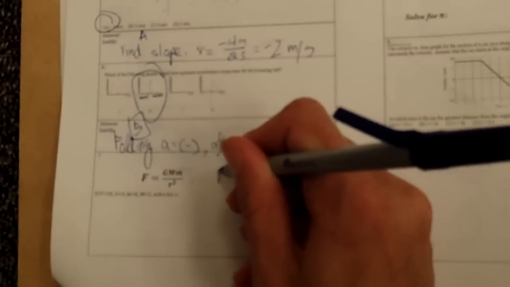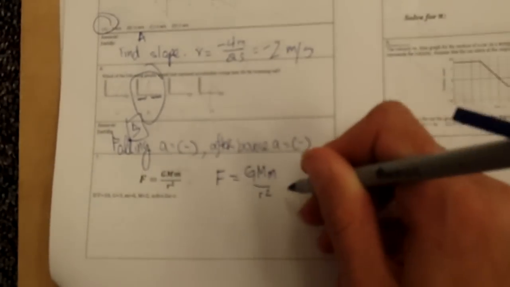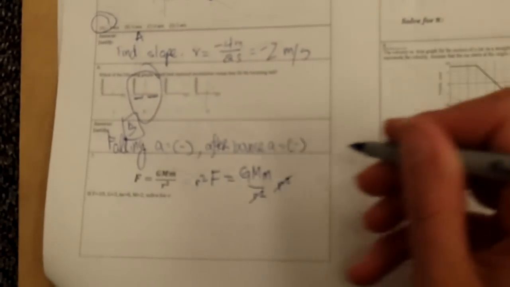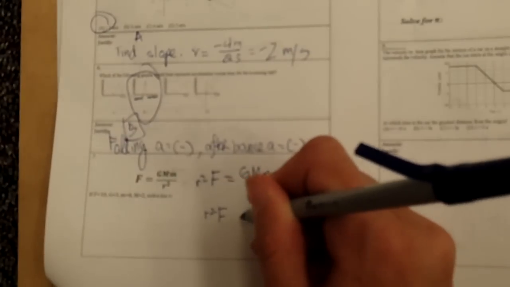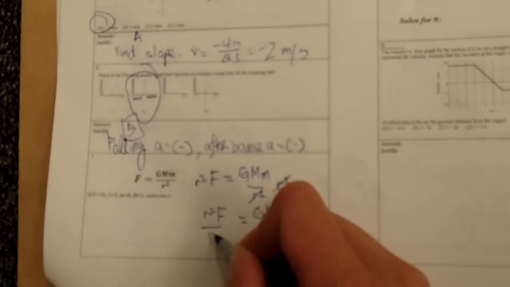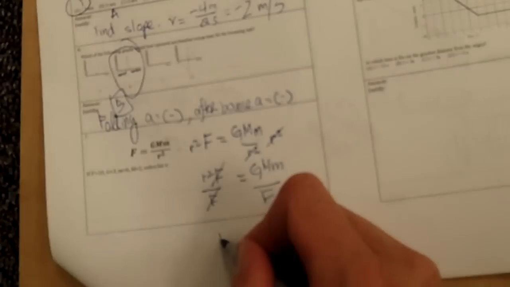Number 7, it gives me this equation, F equals G capital M little m over r squared, and it wants me to solve for r. So I'm going to solve for r algebraically first. Okay, so I have F equals G M m over r squared. I want to bring r up to the top, so I multiply both sides by r. And then I want to get rid of the F, so I divide both sides by F, and I end up with r squared equals